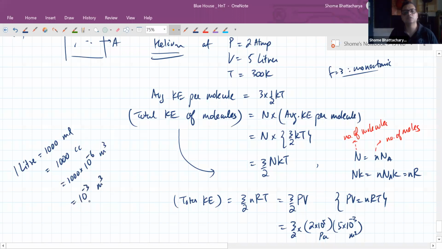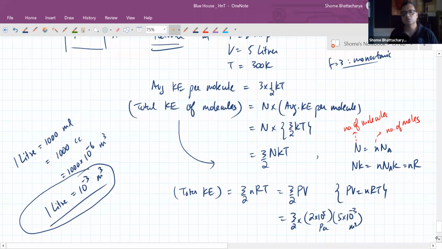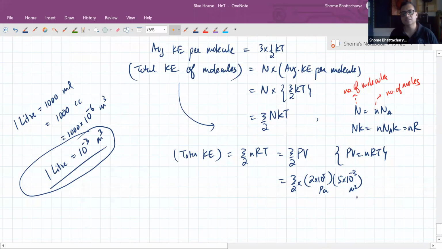We had done this in a numerical last time also. So you should remember this conversion, that 1 liter is equivalent to 1000th of a meter cube. So 5 liters becomes this. So this becomes very simple. Pascal into meter cube will give us joules. So 3 into 5, 15 into 10 raised power 2. So 1500 joules. 1500 joules is the total kinetic energy of gas molecules